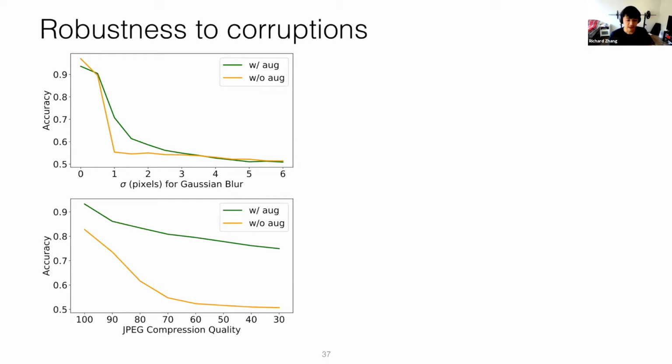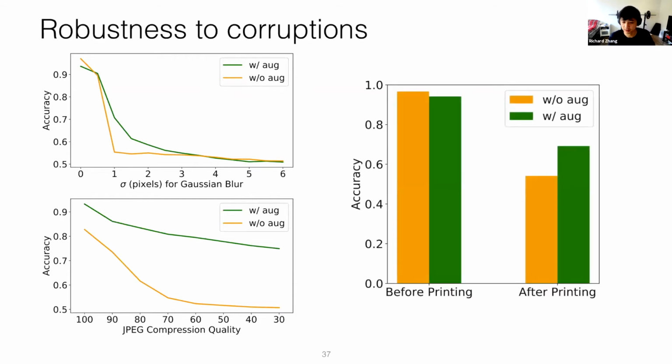Okay, now we tried an even kind of crazier perturbation, which is what's called print rebroadcasting, which is we printed the image out and then rescanned it in. I did this manually for a few hundred images when I was at work, when we had access to free printing. Okay, and this is what we got. Before printing, you see that the yellow is very high. That's without augmentation. But after printing, the yellow drops down by a bunch,